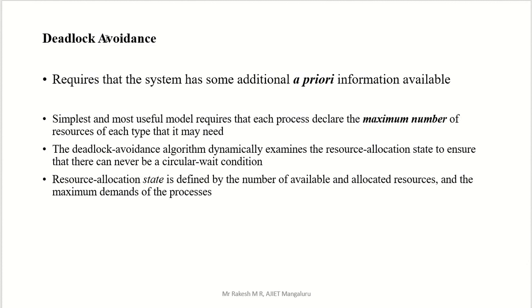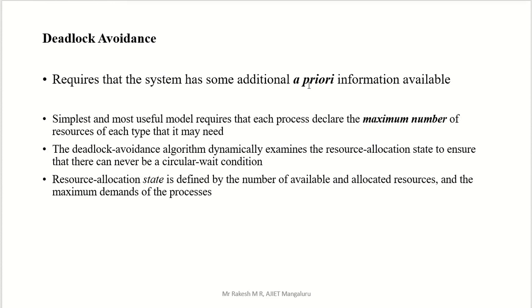If an accident is going to happen tomorrow, if we know today itself, then we can avoid that accident. That is the concept. If there is any problem in that particular path, we are not going for that path. If we know previously, we can avoid that path. That is called avoidance. If we know about that problem, definitely we can avoid it. Prior information means we know the deadlock concept initially. So if deadlock is going to happen, we have to avoid that. That's why we are not using that method. That is the concept here.